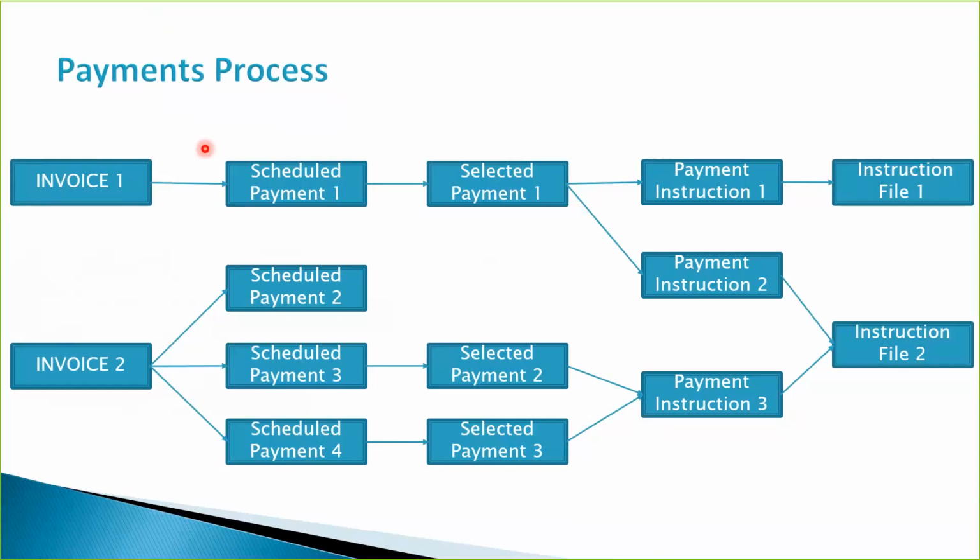We know that the scheduled payment is created based on the payment terms and the term date basis. So the term date basis plus the length of days, or how the payment terms have been defined, determines the number of scheduled payments that are going to be created. So for example, in invoice 2, we can say that the payment terms had 3 lines, and that is why 3 scheduled payments